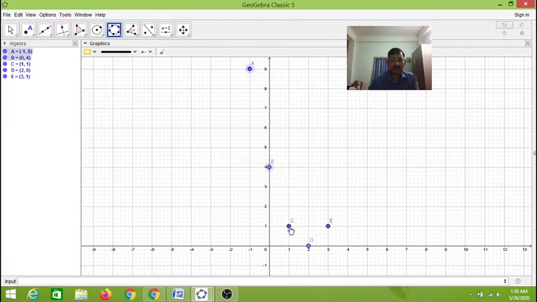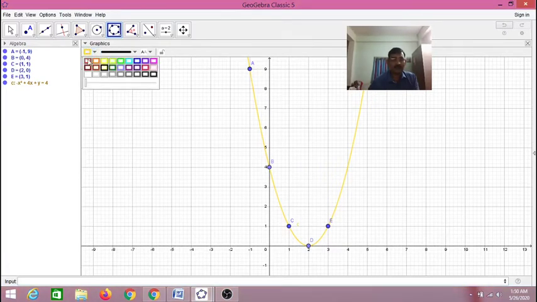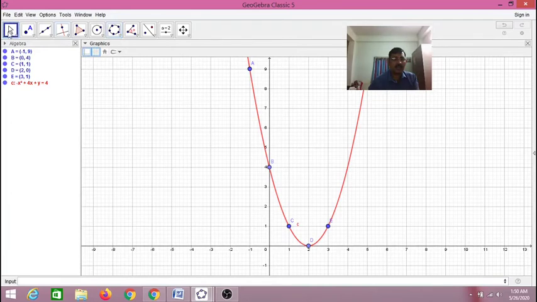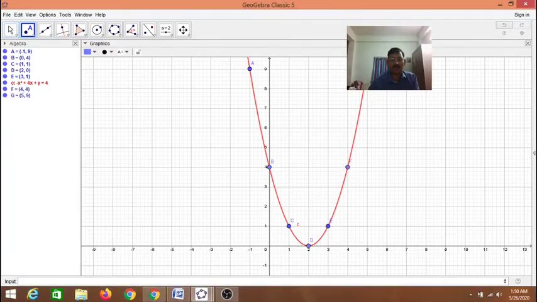Here the beauty is always that this parabola is symmetric about this point. You can observe that it is passing through the point 4 comma 4, and the next point will be again here. So without doing any calculation itself we can see. Okay, now what are the roots you observe?